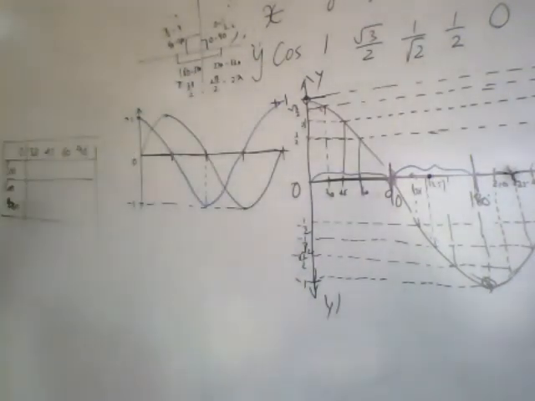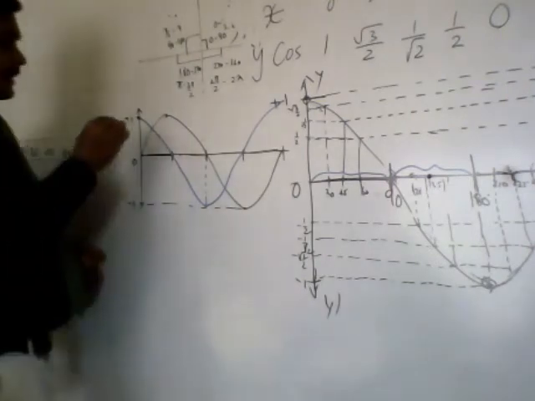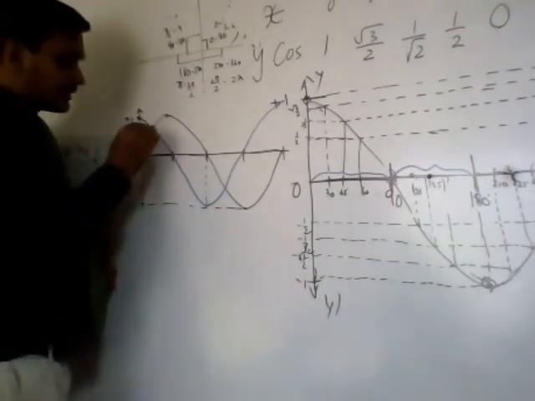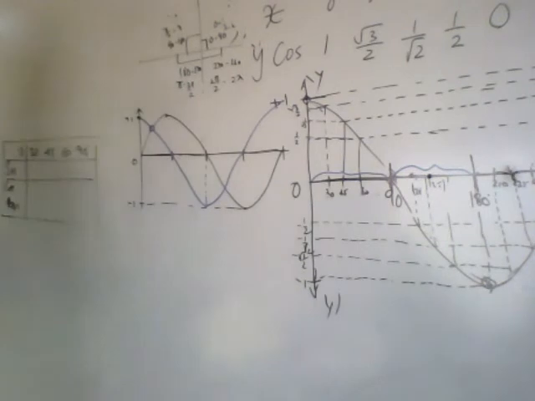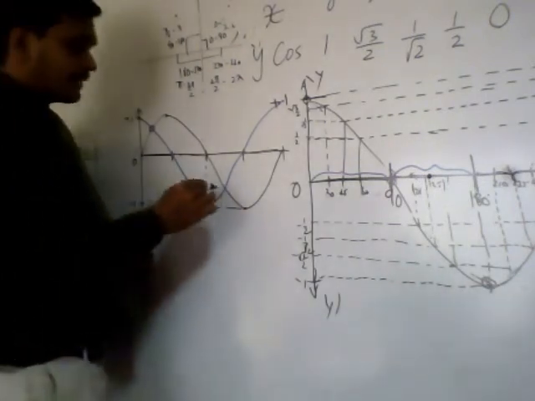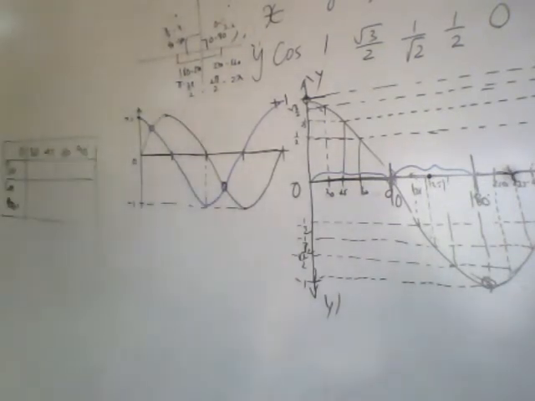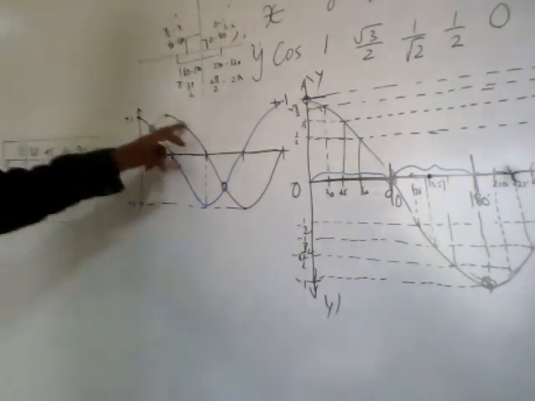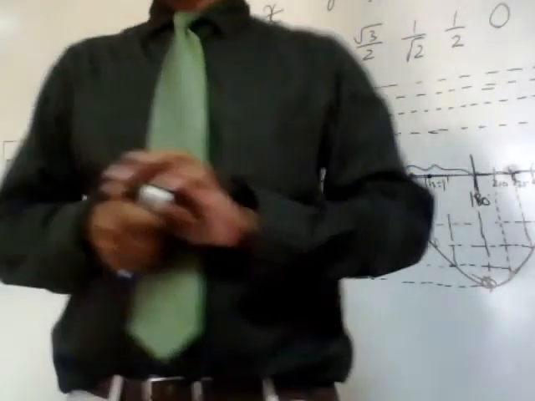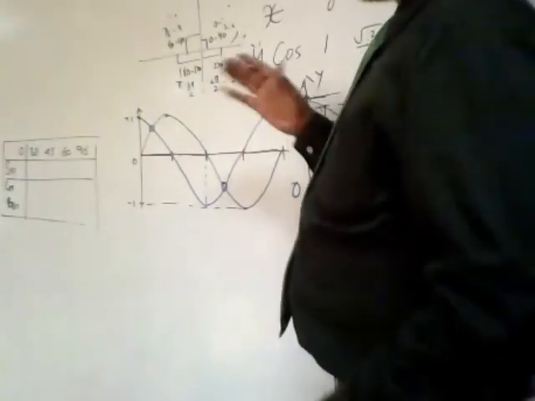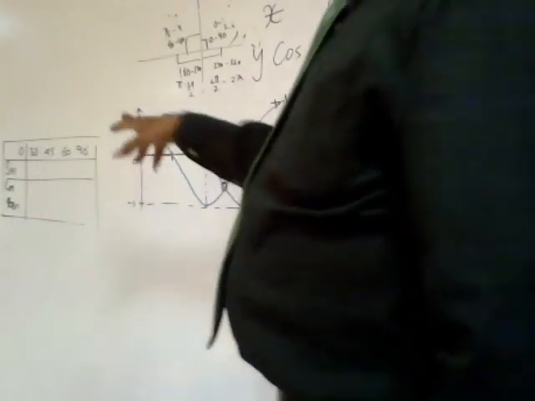Now, if sine and cos meet at this point in the first quadrant, is it the first or second quadrant? First quadrant. Again, it meets in the third quadrant. So, sin x equals cos x. How do you say this analytically? If I represent y equals sin x and y equals cos x, analytically, how do you say sin x equals cos x in the first quadrant?